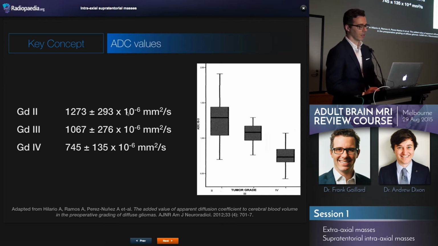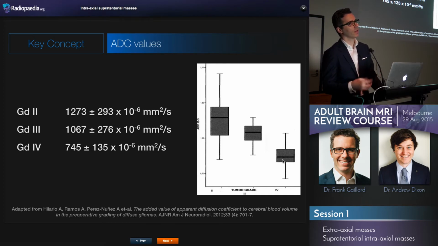The unit is unfortunately variably reported as either 10 to the minus 6 or 10 to the minus 3 millimetre squared per second, because it's a measure of how easily water diffuses through that tissue. Now these are grade 2 tumours, these are grade 4. You'll notice that there's a significant difference between the values of the solid component, with highly cellular tumours having much